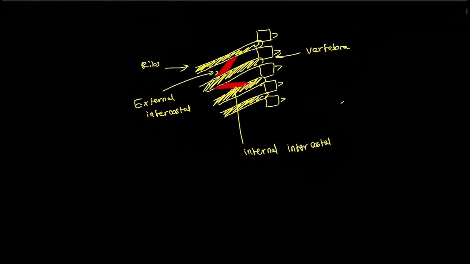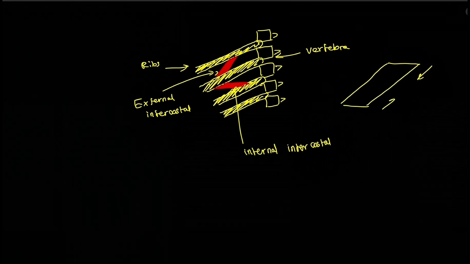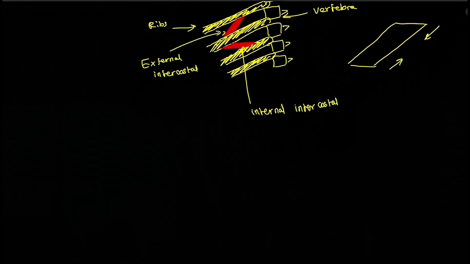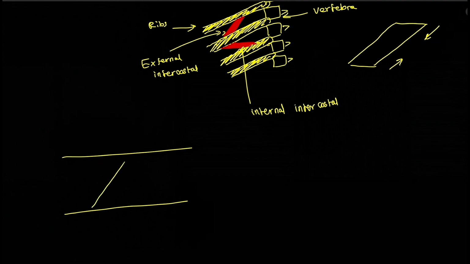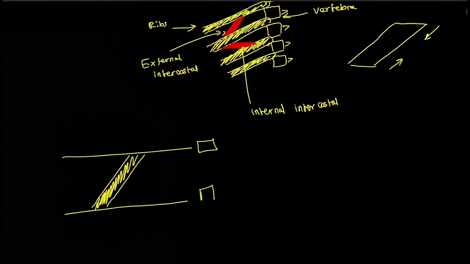Basically, when a muscle contracts, it pulls from both sides, right? So these are your ribs, and this is your external intercostal muscle. When they contract from both directions,